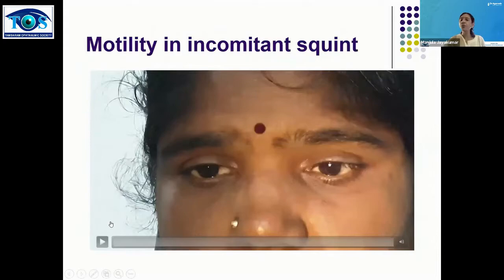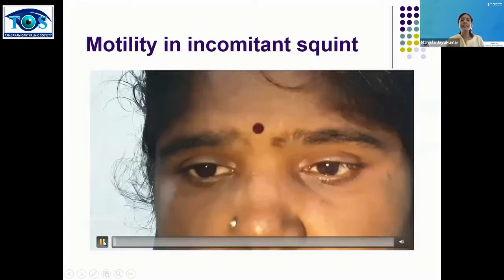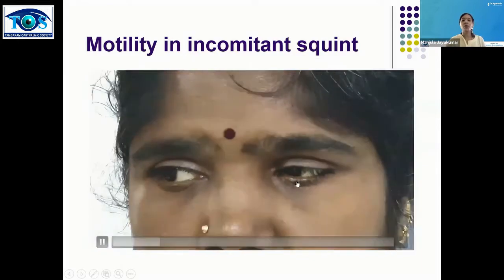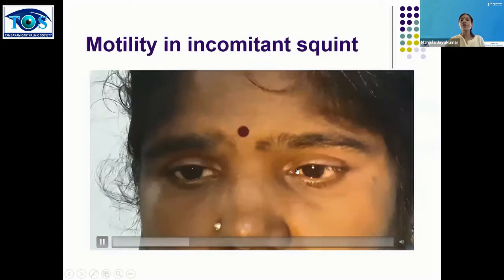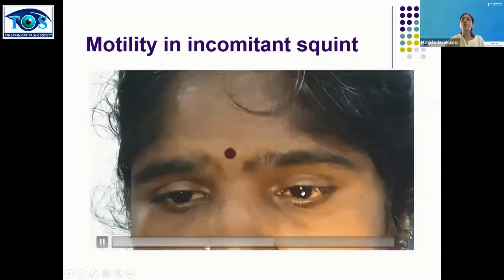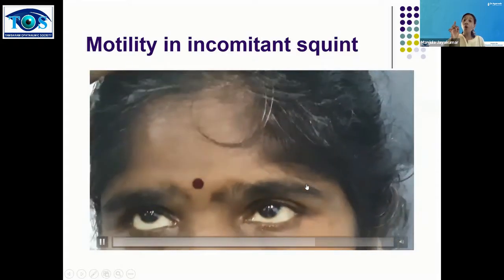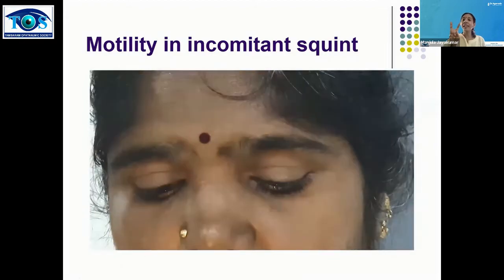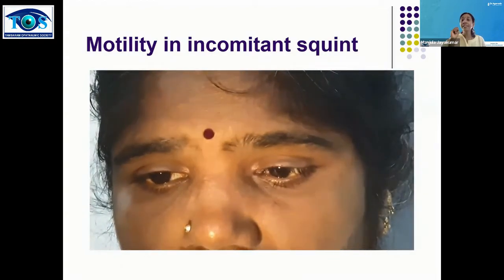Look at the motility. When you get incomitant phorias or incomitant tropias, for that matter anything incomitant, the next thing that you will assess is your extraocular motility. Now see the motility. This side has not done. So what is this patient? The patient has advanced retraction syndrome in the left eye, but it's an orthotropic advance. That is why the patient looked straight, but still you had an incomitant phoria on your cover test. So do your cover test to find out your incomitant phorias.